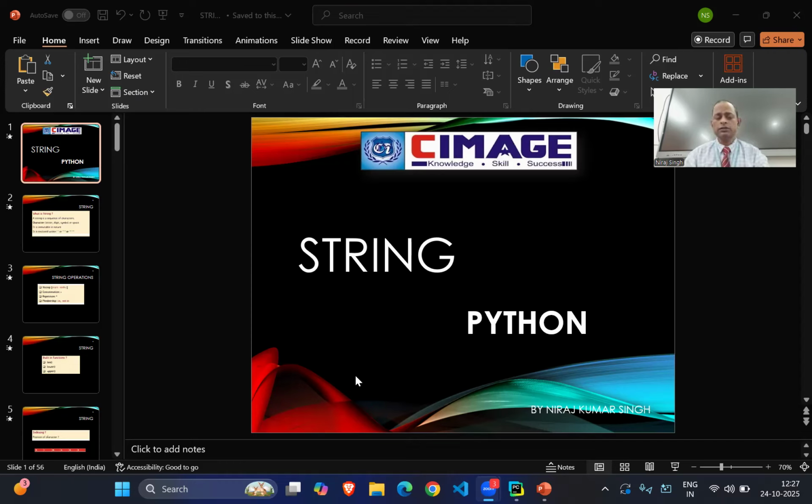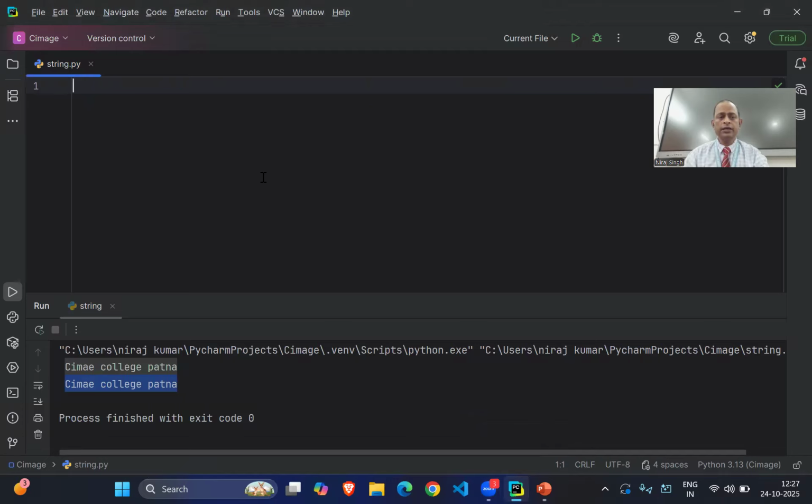So let us start. First of all, just open the IDE. Here we will create the string. A string is a sequence of characters which is enclosed within single quotes, double quotes, or triple quotes. First of all, I'm just going to create a string, A is equal to image.